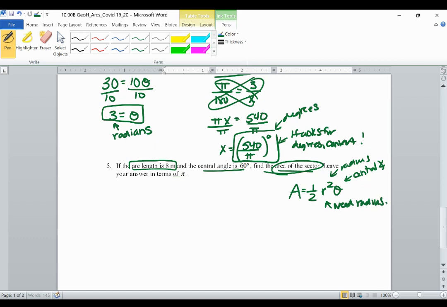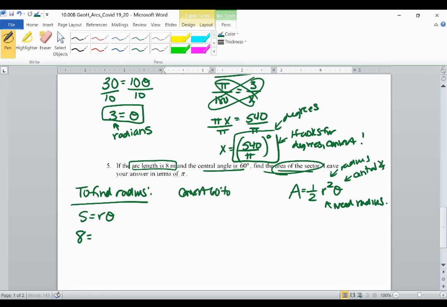So how do we find the radius? Well, we were given the arc length. So let's see if that can help us because we haven't used that yet. So arc length is s equals r theta. We know the arc length is 8. We know the central angle is 60, so we need to convert